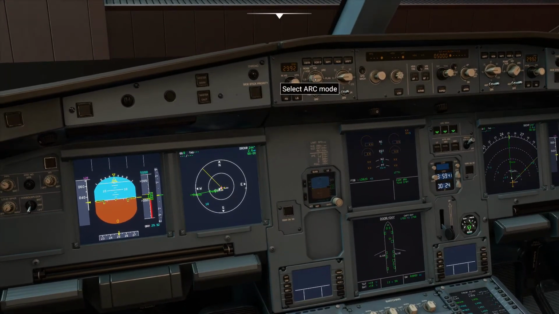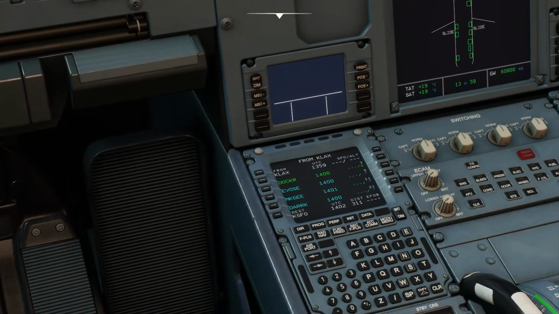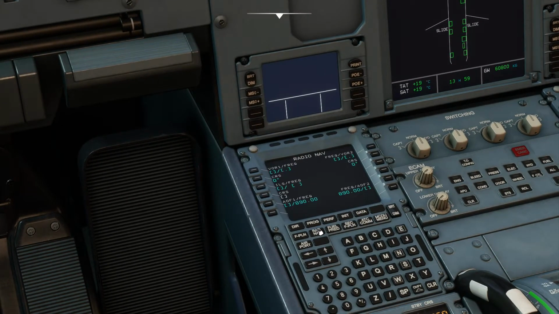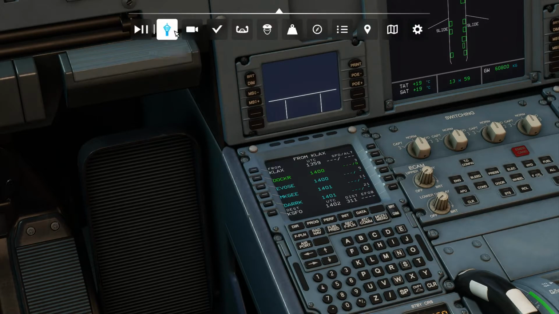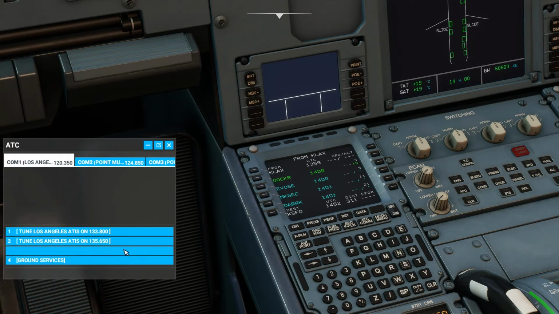Okay, so if we go back to ARC, it's got that showing. The radio nav hasn't picked anything up because, as per, you've got to put in your information. Now on my flight plan, this is something you would normally get from the ATC. Request IFR clearance for instrument flight plan, which is this flight plan. If I click that: